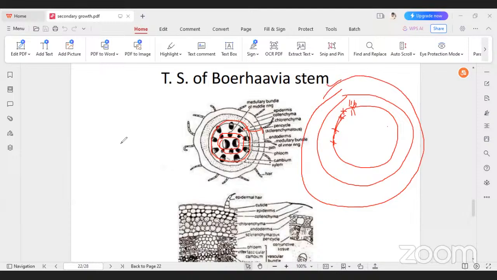In Boerhavia, the first abnormal character is the position of the vascular bundle in the medulla. In terms of activity, after formation the vascular bundle shows secondary growth sometimes and again stops secondary growth, and a newly formed cambium ring continues every time. That way concentric rings are formed. This is in Boerhavia. And another one is